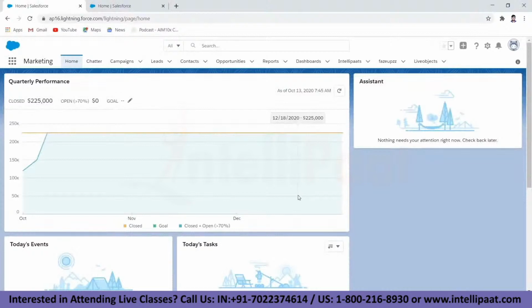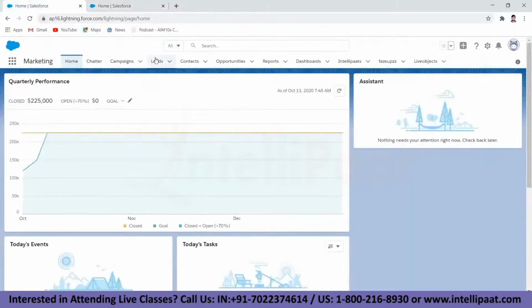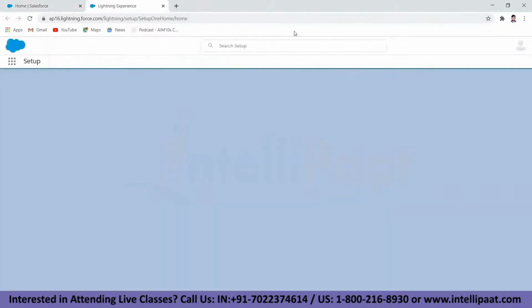So this is my Salesforce application, right? In this application, what you can see is my home page. From here you can go to setup. This is my Salesforce Lightning application, which is for marketing, and this is my setup where I can customize my Salesforce Lightning applications. Whatever you want to manipulate, you can do through the setup page, and it allows you to do different things. You can find the setup right here itself. Just click on setup, and it will spawn the page that you need. Let it load so that you can get a view of it.